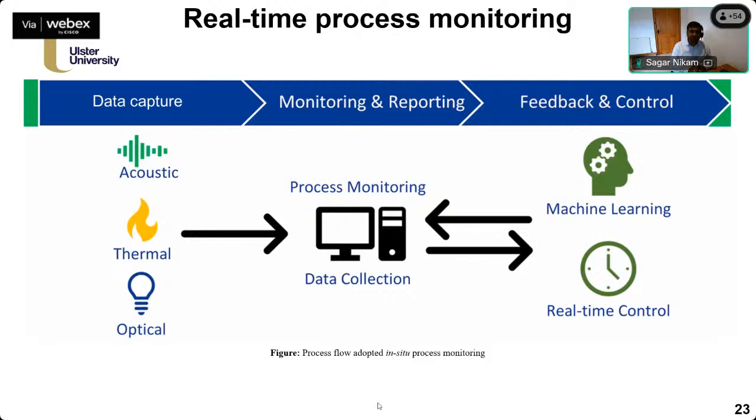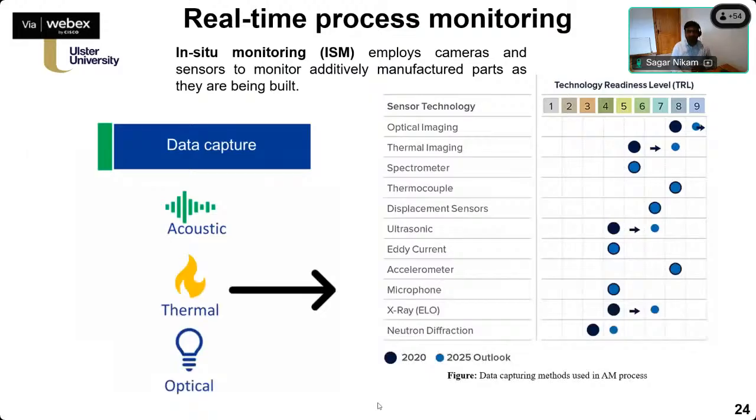While capturing data, especially in additive manufacturing, there are different sensors available: acoustic sensors, thermal sensors, or optical sensors, which are used to capture the data. This data is stored at a certain location by making use of cloud computing, and we make use of machine learning to get informed decisions, right? And then there are also certain processes which can be done for real-time controlling. So real-time controlling is possible now in additive manufacturing. As I said before, if we build a digital twin for additive manufacturing, we can get real-time information in, and also real-time information to control the particular physical assets.